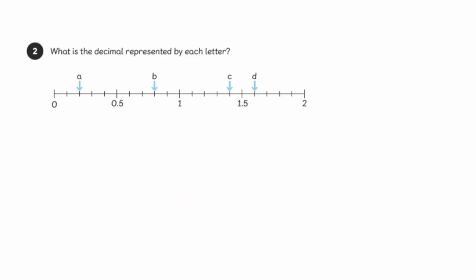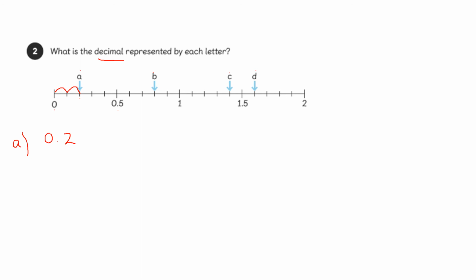Well done, guys. Now, question 2 of guided practice is a little bit trickier because we are using a number line. Now, let's have a look at the first question. It says, what is the decimal represented by each letter? Now, you should be able to see that we've got A, B, C, and D. You're going to have to count along the number line. Let me just draw a little A there. How are we going to answer this? So we know that at this point we've got 0 and then 0.5. What do you think the decimal represented here at A on the number line is going to be? Any ideas? Well, we can count along and we know if we're starting from 0, it's going to be 0.1,